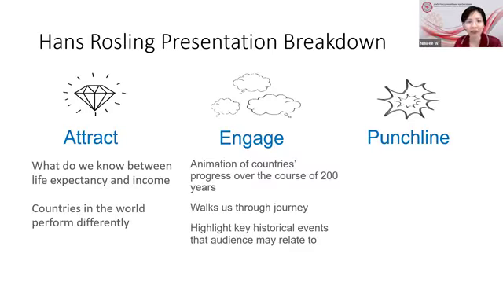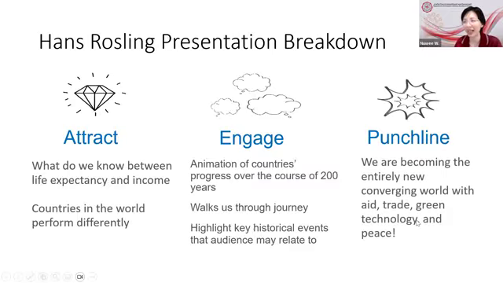Then he used animation to engage us with the progress over the course of 200 years, and he also walked us through the journey with some highlights of key historical events, such as the Spanish flu, such as the World War, and then he